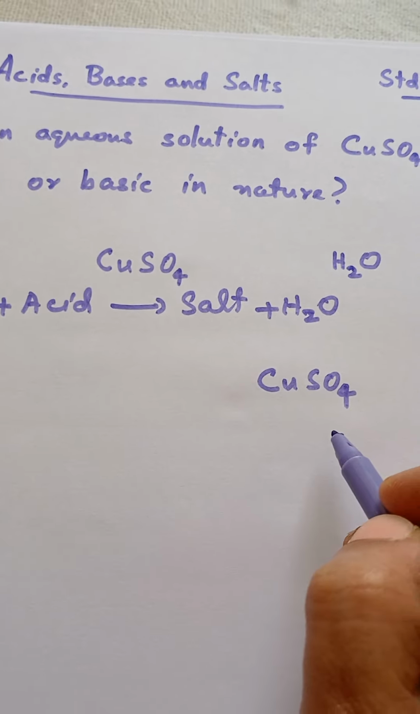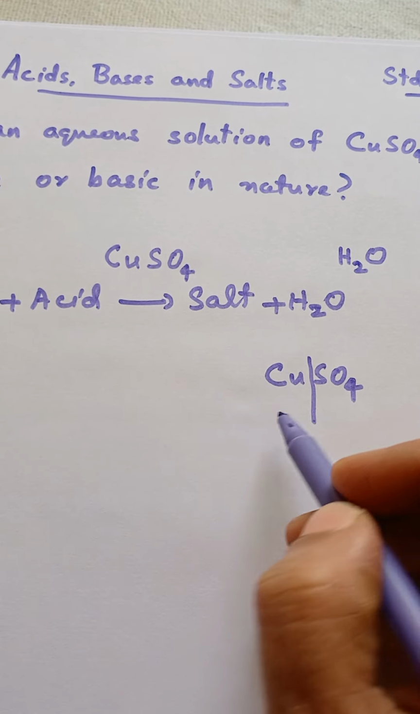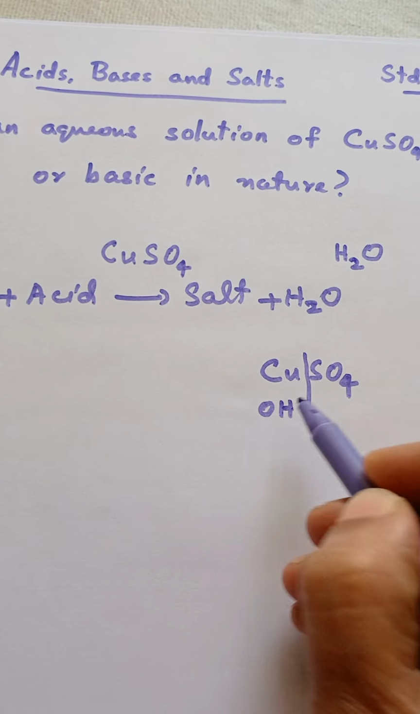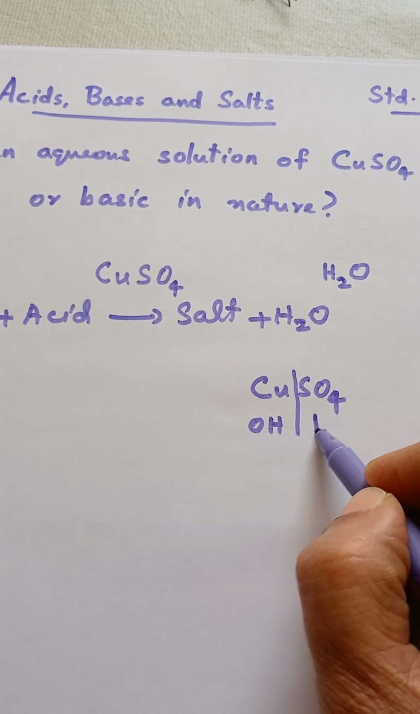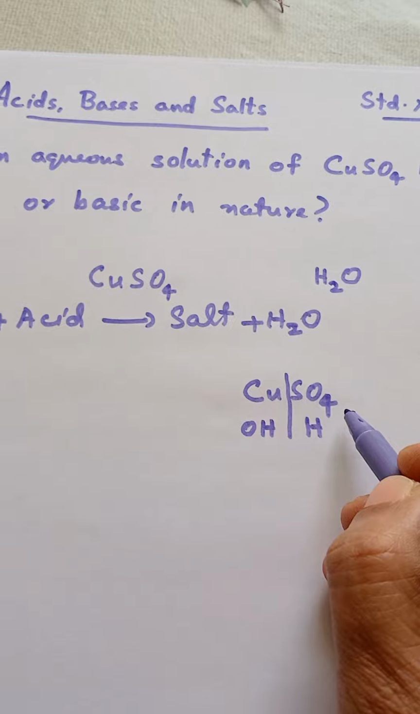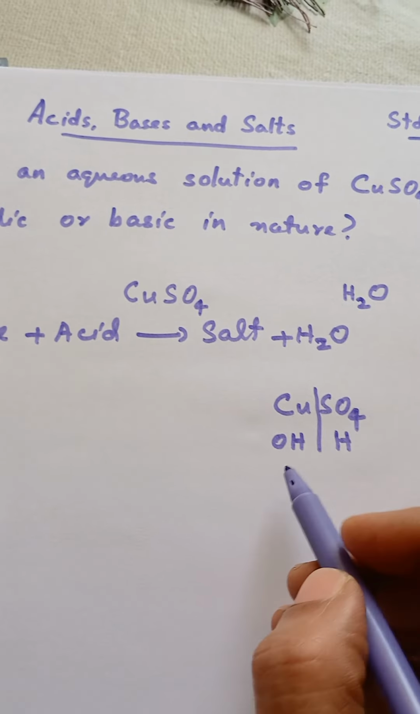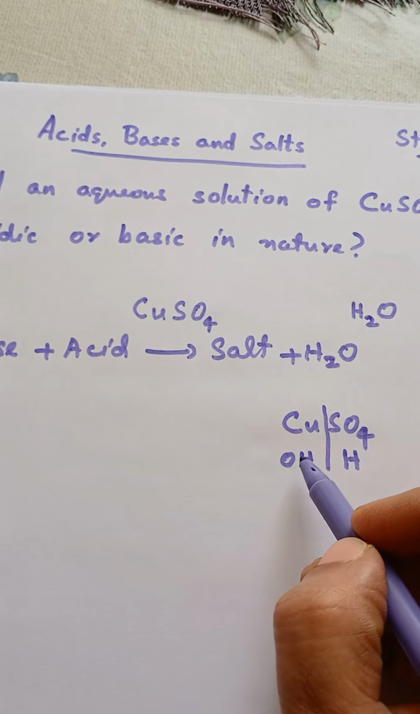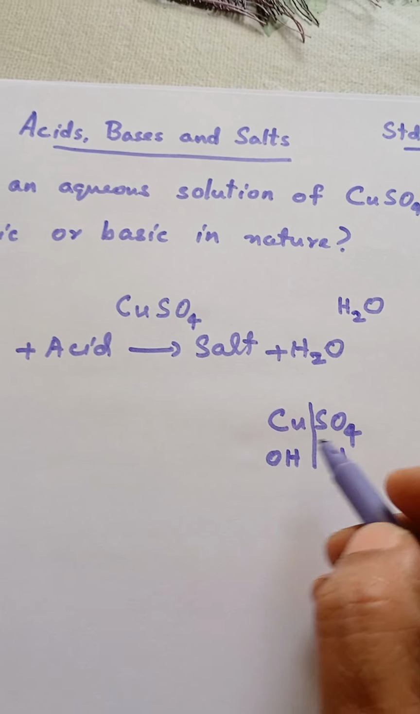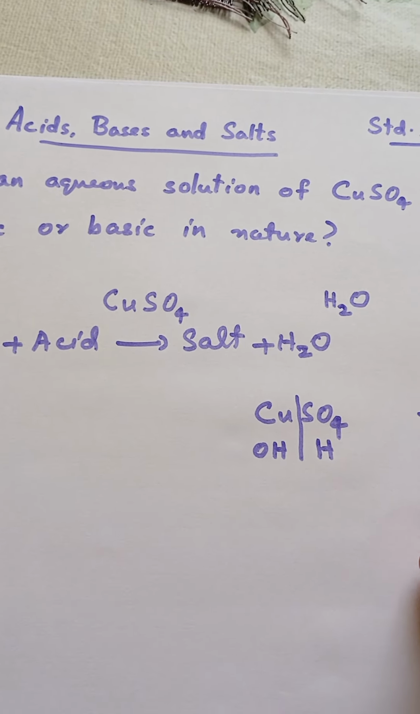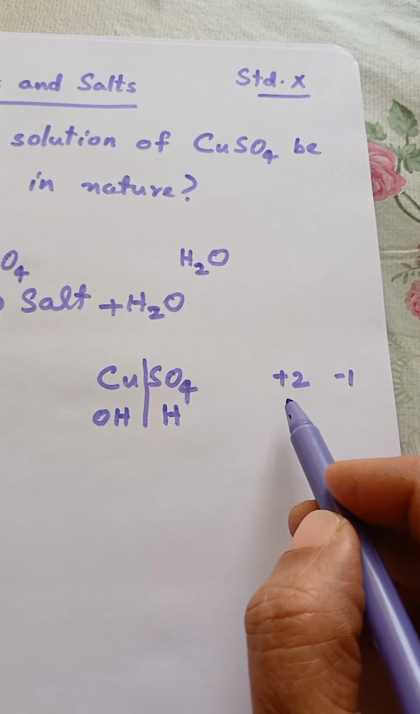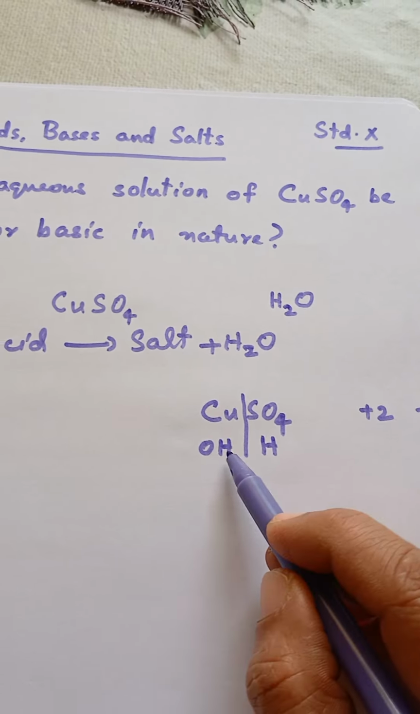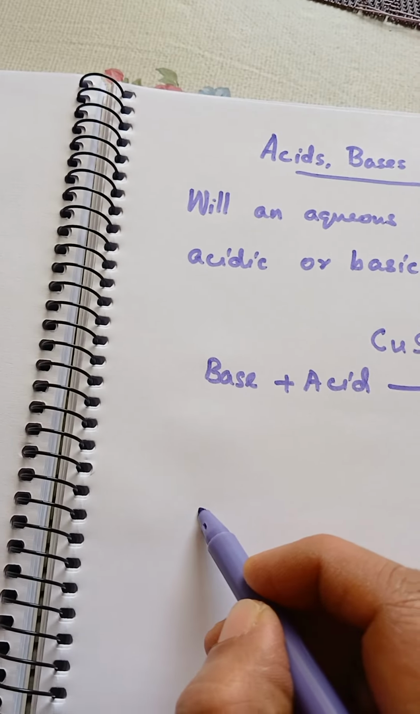H and OH, and if we add the OH part to the metal part or the cationic part and the hydrogen part to the sulfate part or the anionic part, we can see that copper is having a charge of +2 and OH is having -1. So in order to balance it, we need 2 OH. So that we can write as